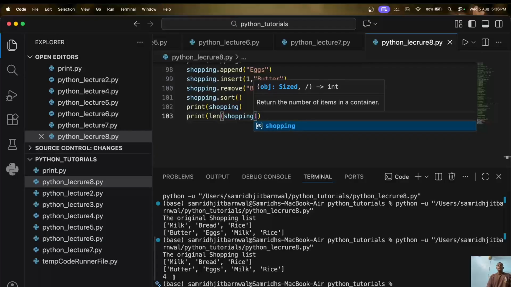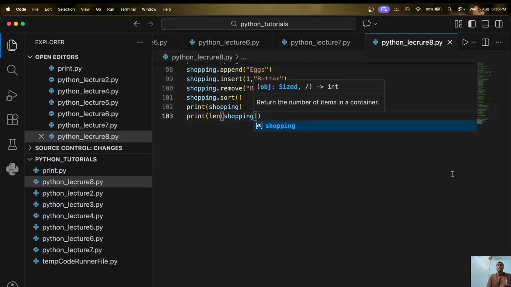Now, I would like you to pause the video and solve these questions without looking at the solution. So the first question is, create a list of your 5 favorite foods and sort them alphabetically and print the final list. The second question is, create a list containing 10 numbers and then print the largest number, smallest number, total sum and the total number of elements. The third one is create a shopping list, add 2 new items, remove 1 item, reverse the list and print the final result. And the last but not the least one